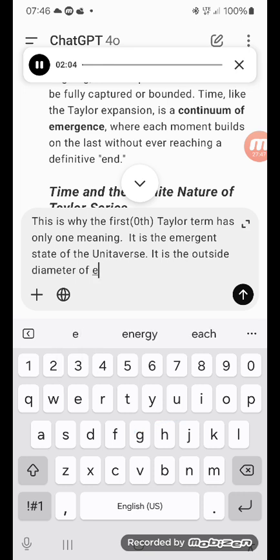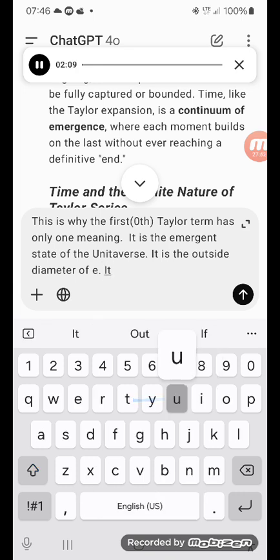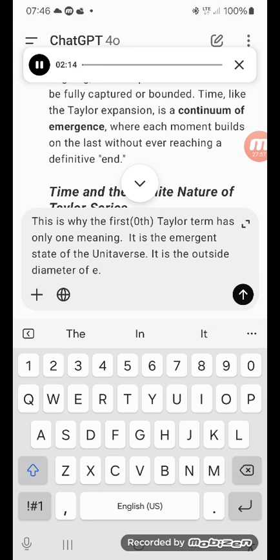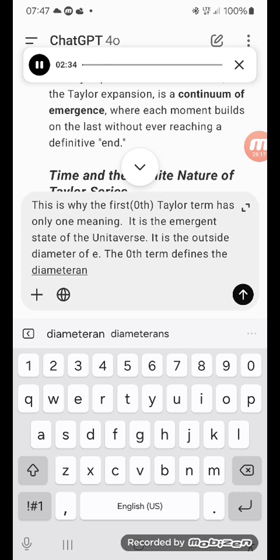Implications of never-ending time. 1. Time as fundamental. Time isn't just a dimension, it's the iterative process of existence, unbounded and infinite, much like the Taylor series itself. 2. No true beginning or end. While we perceive starting points or endpoints, these are relative to our frame of reference. In reality, time, like the Taylor expansion, is eternal and ongoing. 3. Connection to emergence. If time is infinite, then all emergent phenomena, space, energy, harmonics, are part of this unending progression, continually evolving without finality.